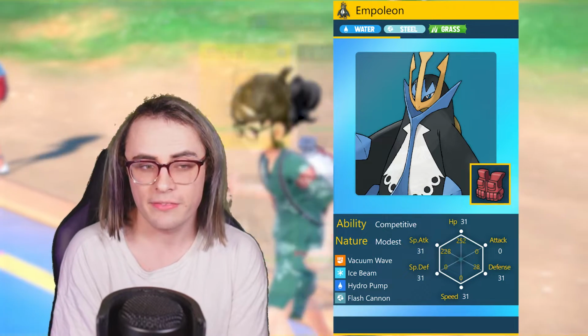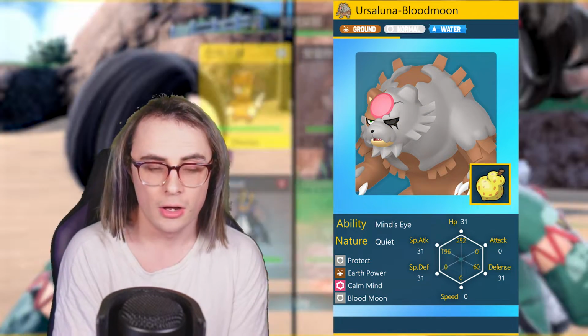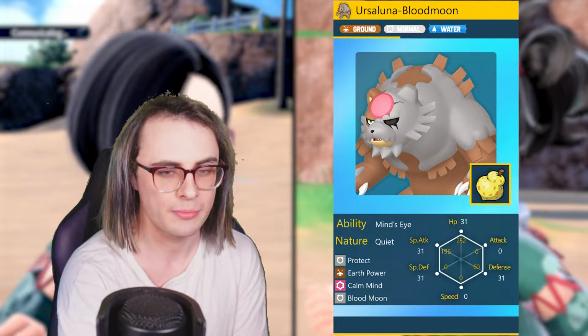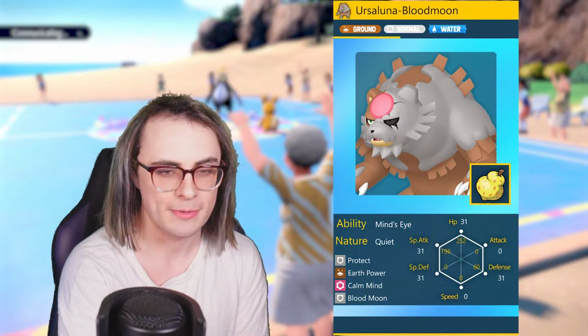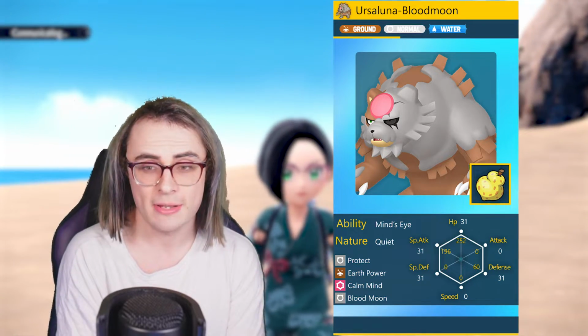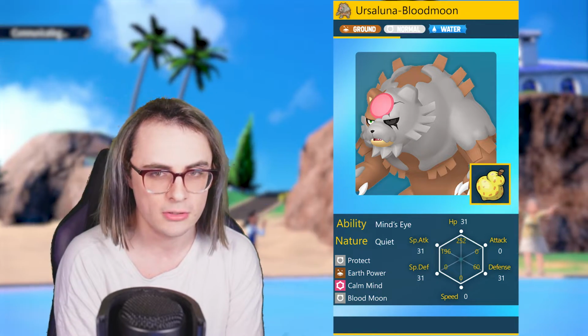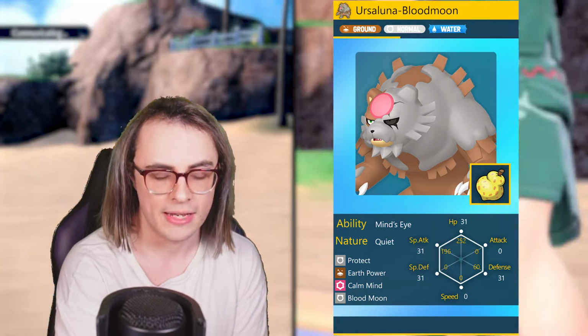It'll be a little bit difficult to position, but I think it can definitely work if we can get the positioning right. Moving on, we have Bloodmoon Ursaluna with the Tera Water set, with Bloodmoon, Earth Power, Protect, and Calm Mind. Overall, a really strong special sweeper with Trick Room. I do have it designed to 196 special attack, where we can take advantage of the special attack bump, with the rest of the investment in max HP, with 60 in the Phys Def, so that way then we can